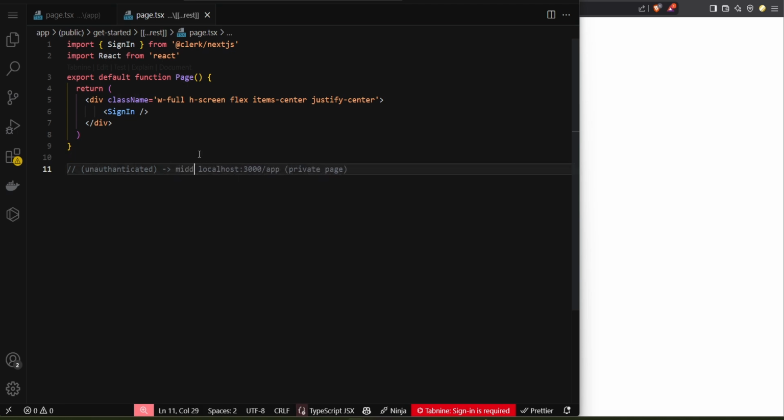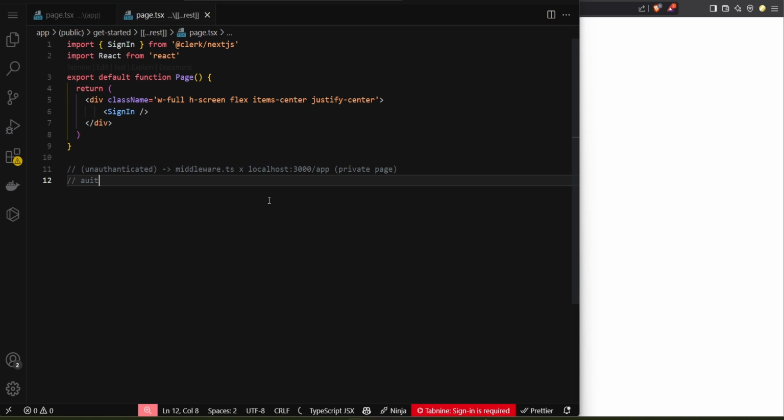And what happens is that it ran the middleware.ts before I go to the actual page. So Clerk blocked our access, and redirected us to